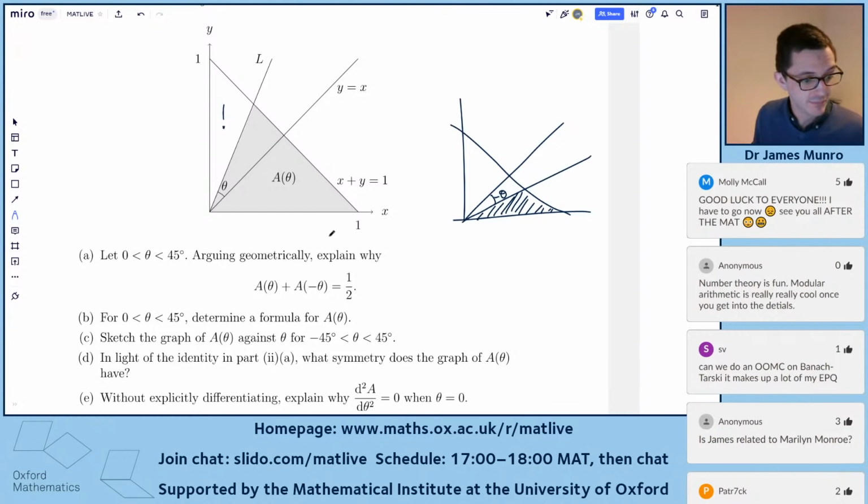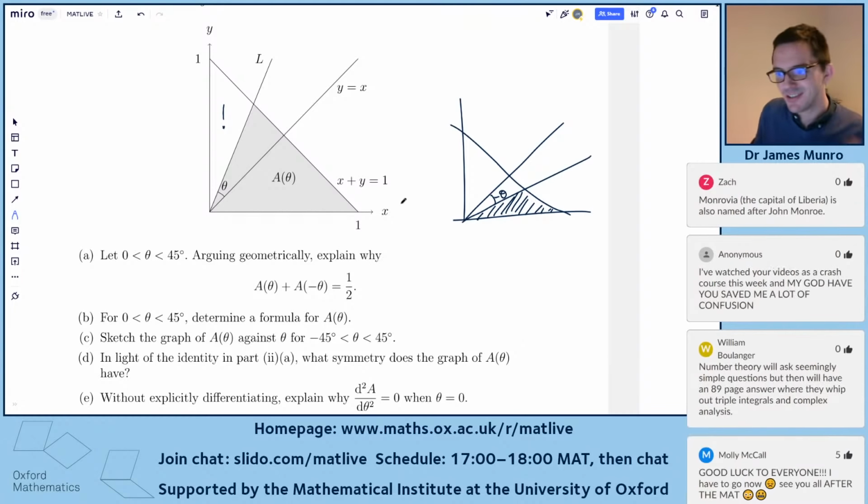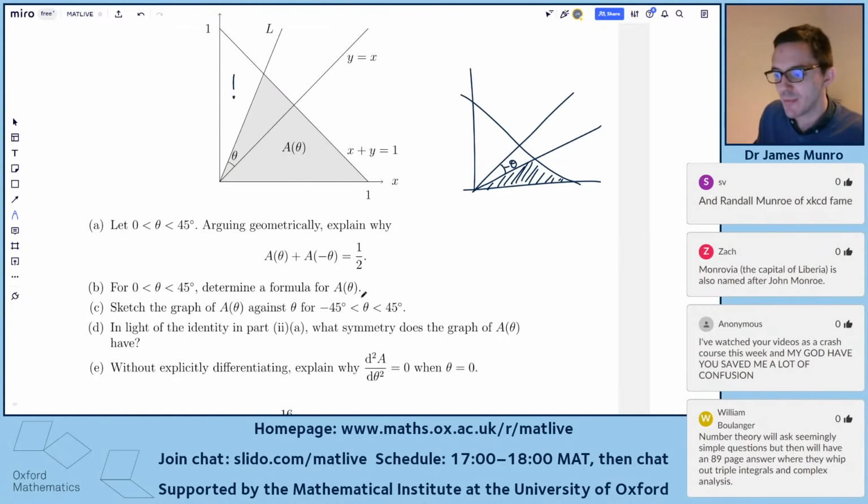There you go. Because there's some congruent triangles going on and the area of the overall triangle is 1/2. So quite nice. Then we're actually asked to find this formula for A of theta, which means how big are triangles. Thinking about the biggest triangle, think about how big